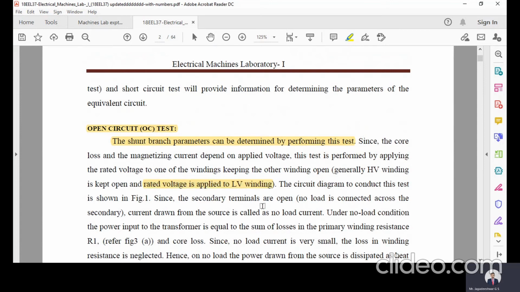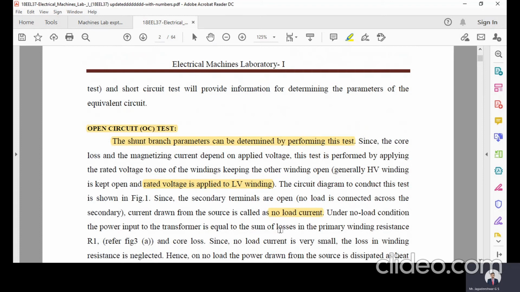The circuit diagram of the test where we'll conduct OC test I will show you afterwards. Since the secondary terminals are kept open, no load is connected to the secondary. It means current from the source is called as no load current. Whatever the current that is drawn by the transformer will be called as no load current, as the secondary is